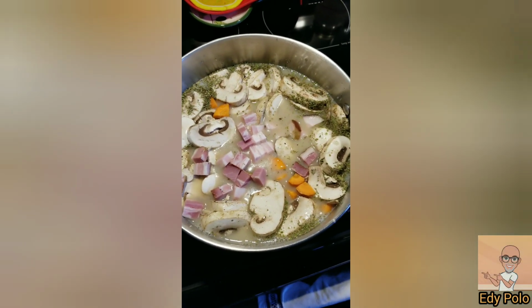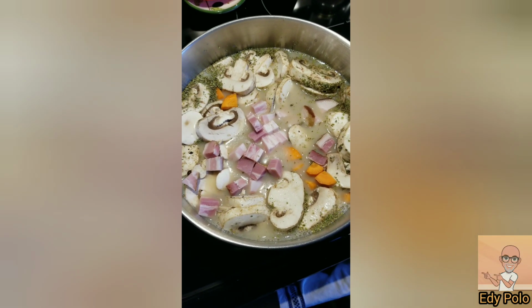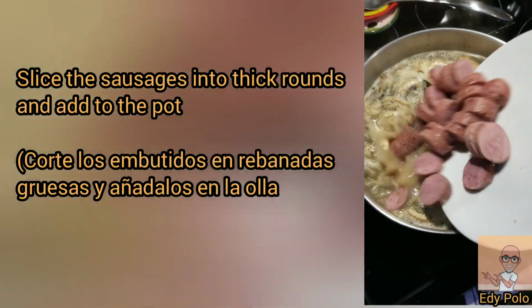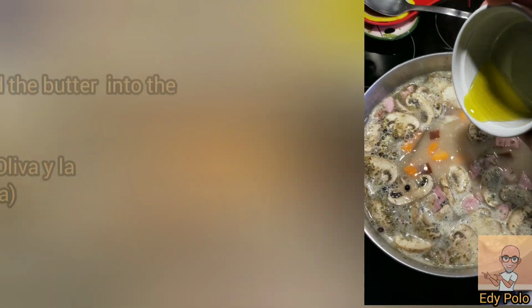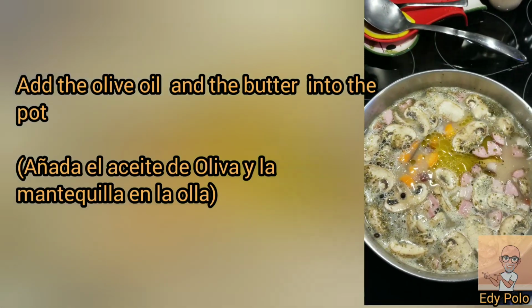I want to put in medium high. When the soup is boiling, add the white sausage, the oil, 2 spoons of olive oil, and the